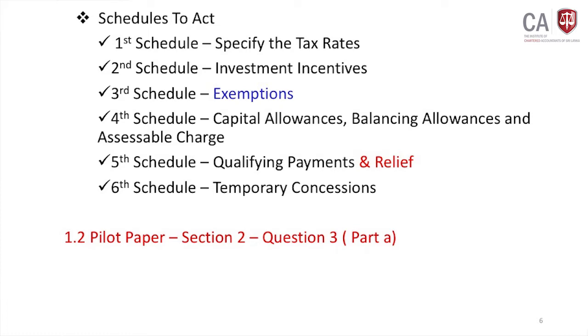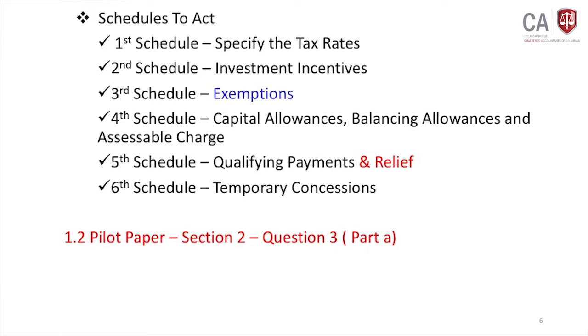Then you should have thorough knowledge of the first schedule to the act, with tax rates applicable to the resident company. Then second schedule, investment incentives. I am not going to explain much about the investment incentives now, but in my second part, which is the business decision making part, I will take this and explain the theoretical area as well as how this is applied to the question. And the third schedule, which is exemptions, I am not going to discuss this much. When it is possibly related to a question, I will explain.